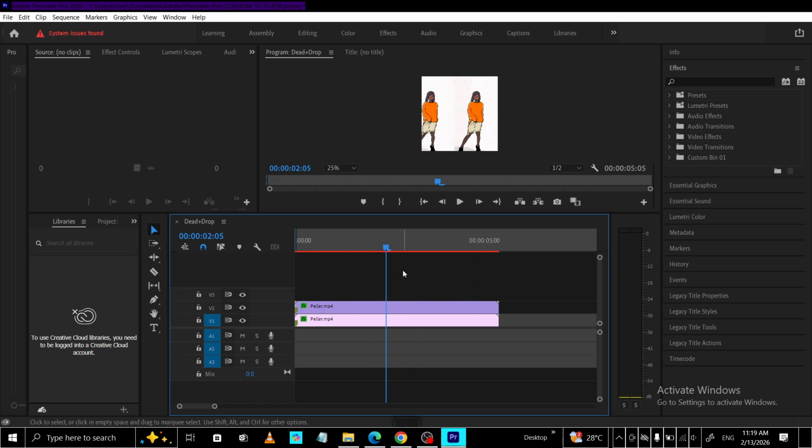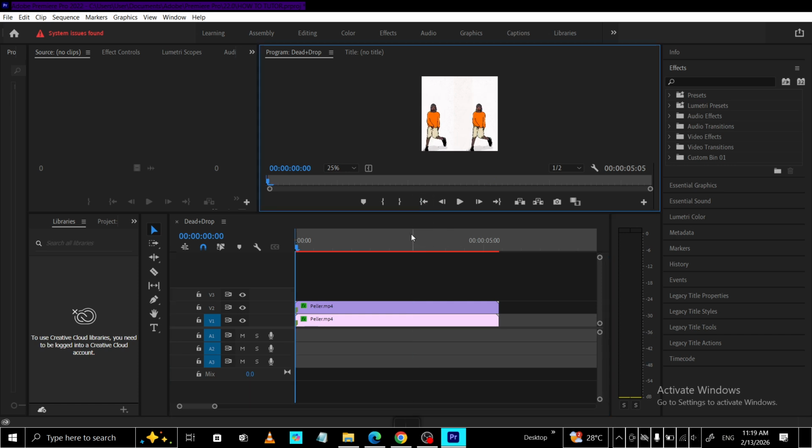Finally, keep Premiere Pro and your GPU drivers up to date. Use the Creative Cloud app to install the latest Premiere version and update your graphics drivers from your manufacturer's software. Updates often include performance improvements and bug fixes that directly impact playback. After applying these changes, save